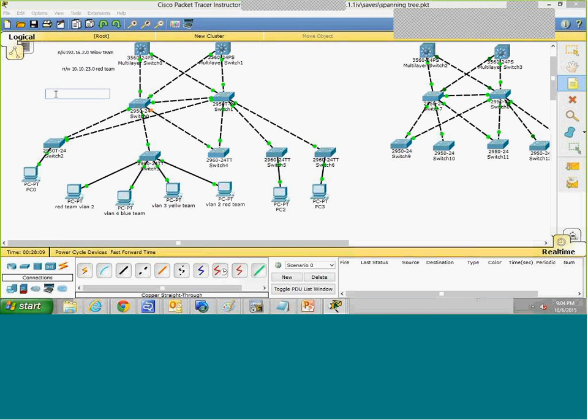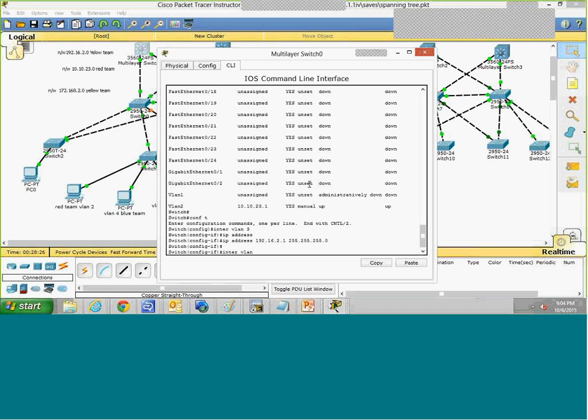This is VLAN 4. We have, let's see, VLAN 4 will give an address. Give me some other private address. 172.168.2.0. Okay. This is the yellow team. So VLAN 4,